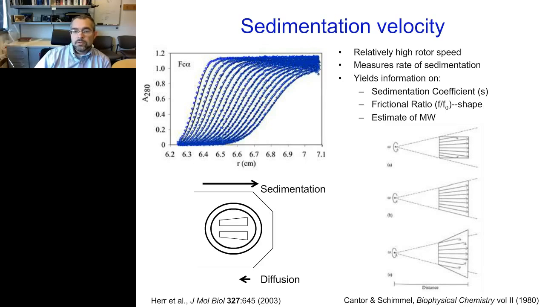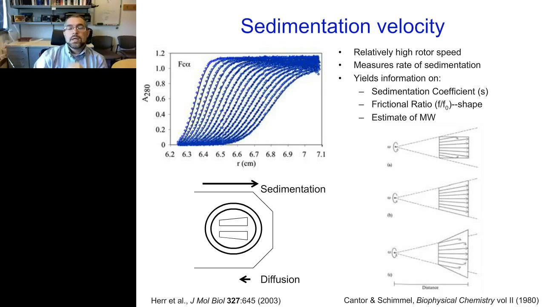So if you look here on the lower right, in this region down here, if you illustrate it in this way, it makes it pretty clear that when the protein is being accelerated by the centrifugal field, that exists as centrifugal lines of force that emanate from the center of the rotor outward. And so this middle panel shows you that you want to have a sample compartment that is sector shaped so that you can align that with the centrifugal field, and all of the protein will just go straight outward from